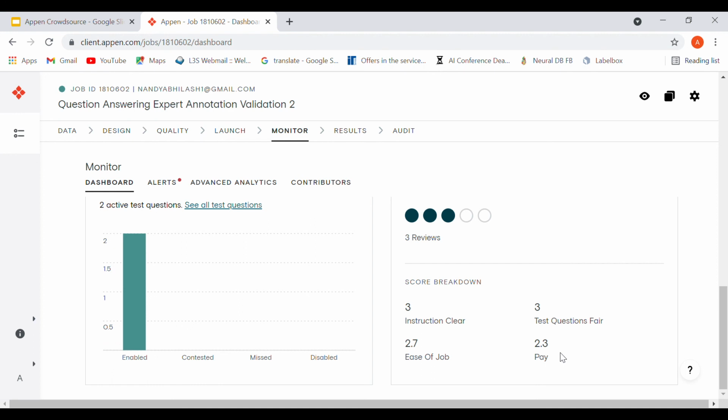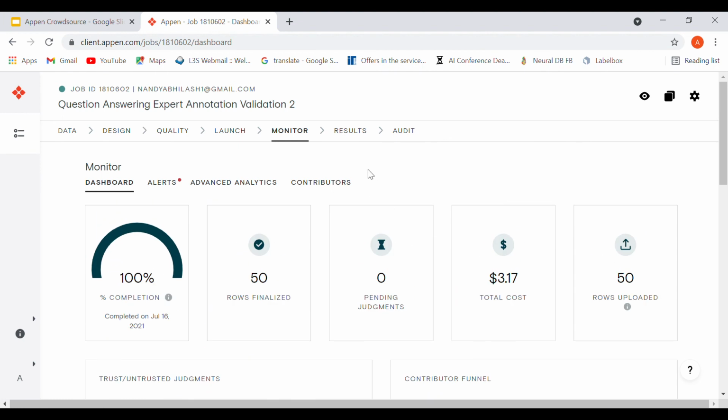This is something I still need to check as an annotation task launcher, whether I'm paying the right amount for a given task. Fair payment is an important part which we should look into more deeply. And ease of job, so how easy was the job? That is also something this form has.